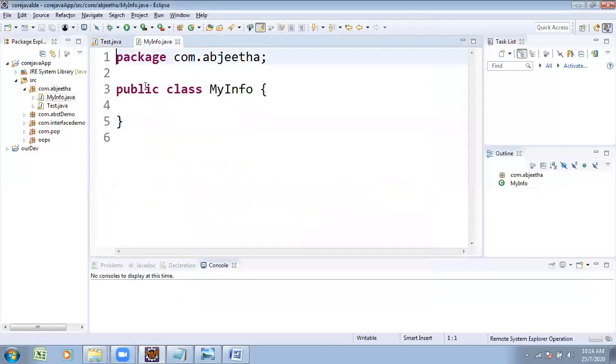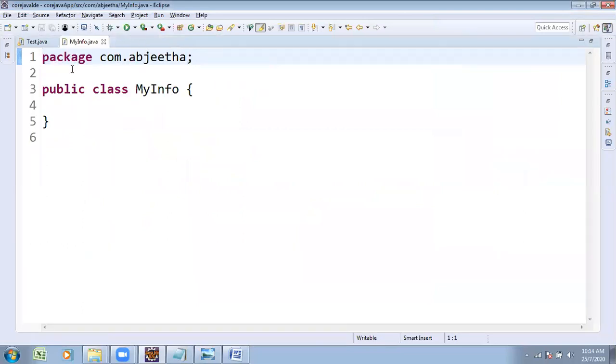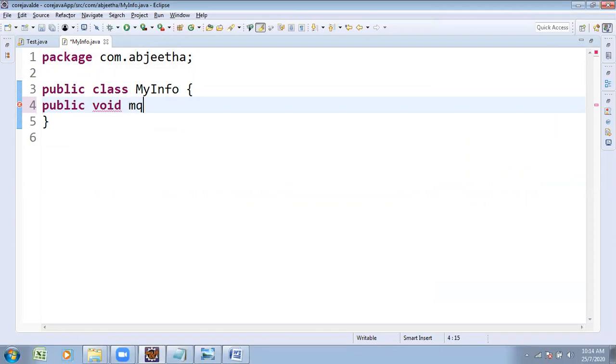Under MyInfo, he is going to declare some methods: public void m1 method. Any method name you can take.